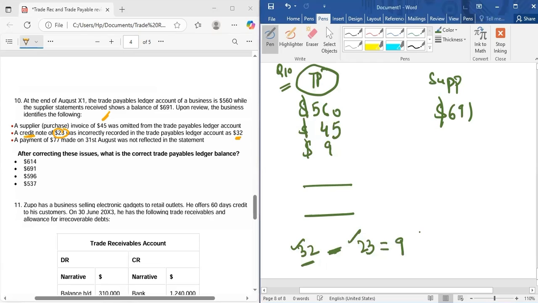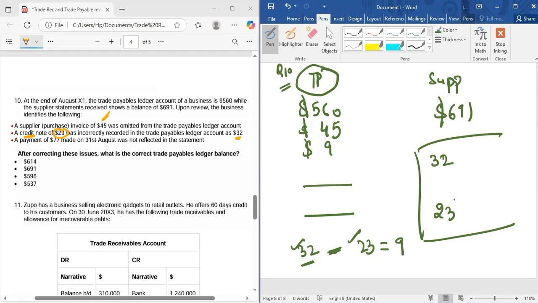Are you understanding this? Let me tell you again. I'll write here on this side. What has happened is credit note means purchase returns. I have returned some purchases. So in my trade payables ledger account, I said that I will not give you $32. But in reality, it was 23. The purchases which I have returned were worth 23. So I have recorded some extra amount which I will not pay, but I should now record this $9 difference, I have to pay them this. Because this was the incorrect amount which I have recorded. So I will add this $9 in my trade payables.